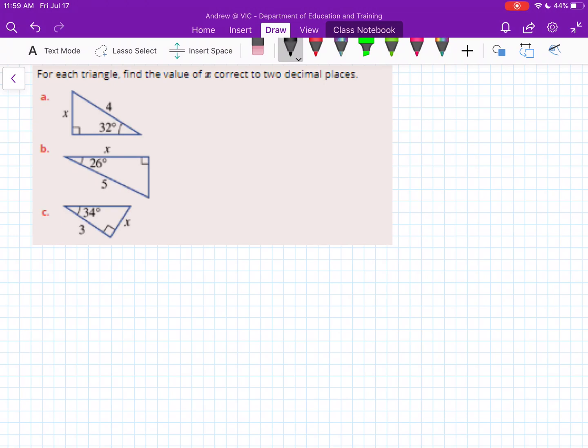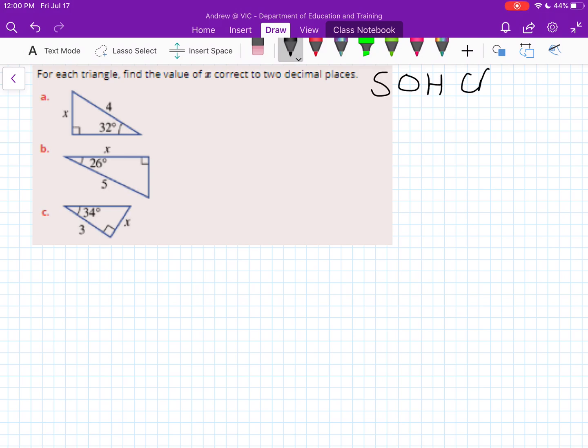Hey, so in this video we're going to be finding side lengths of triangles. So we need to set up our trigonometric ratios and then find our side lengths this way because we're given an angle and one of the sides. Okay, and then we've got a side that we need to work out. So we'll get started. Just remember